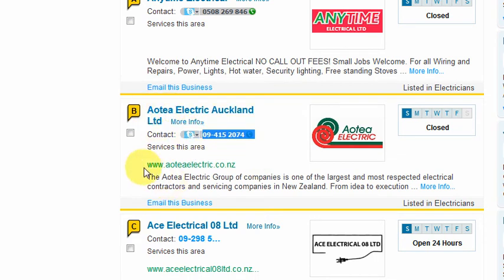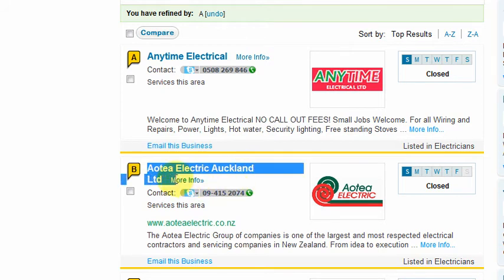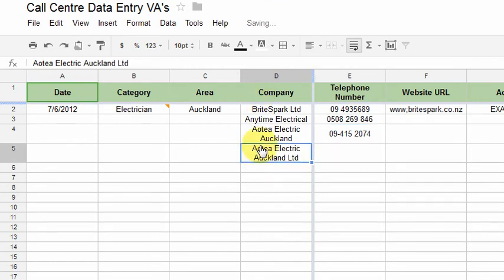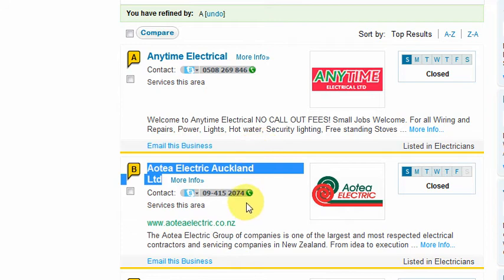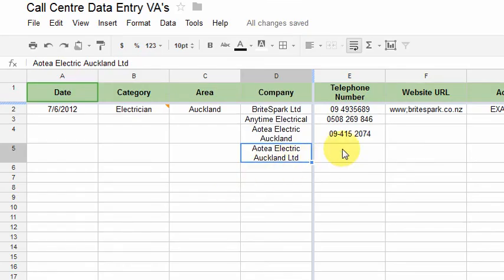This next one also has a link to a website, so we want to capture that information too. So first of all, we highlight the company name again, Ctrl and C, Alt and Tab, Ctrl and V to paste it into the spreadsheet, Alt and Tab back to the directory, copying the phone number only, Ctrl and C, Alt and Tab back to the spreadsheet on the other browser,